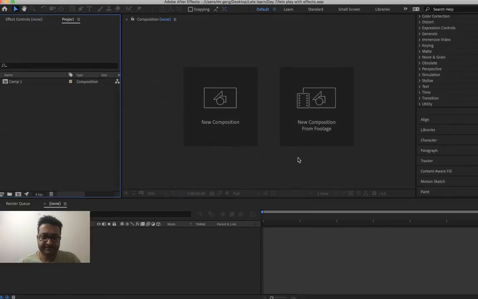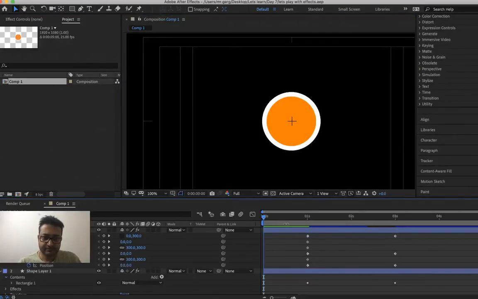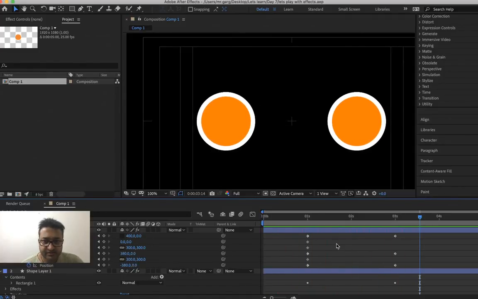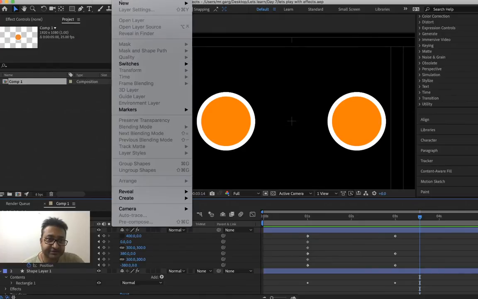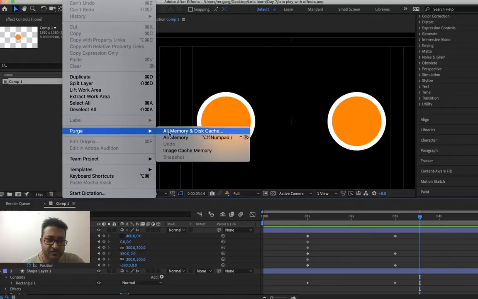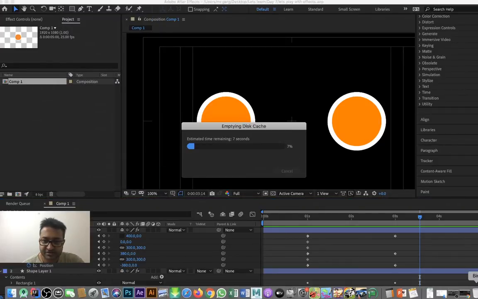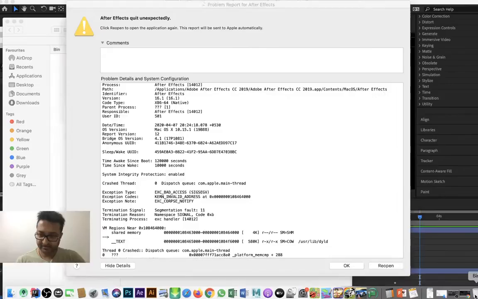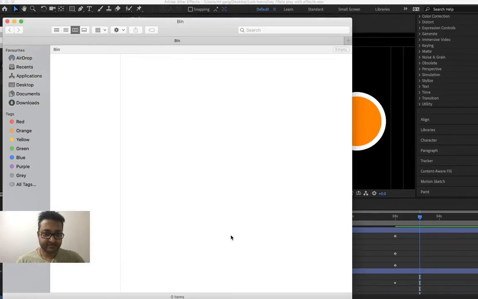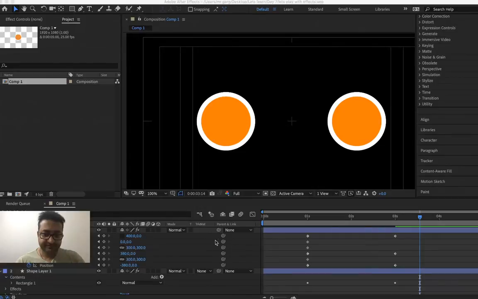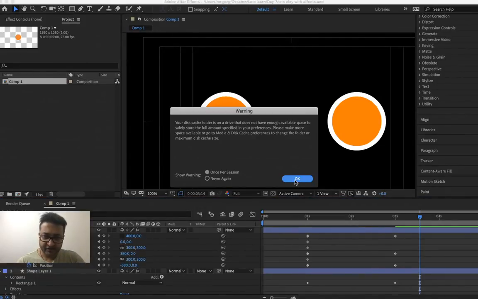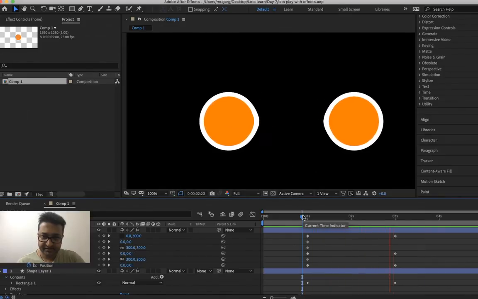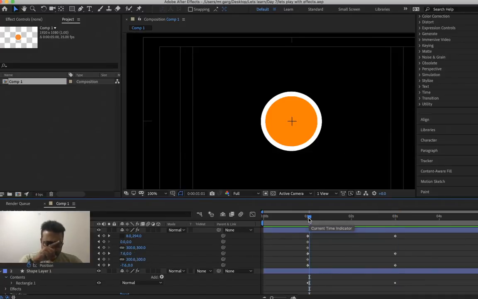So now as you can see, when we play it, the effects are really good. Let's go to clear our disk. We will create one more layer. So let's